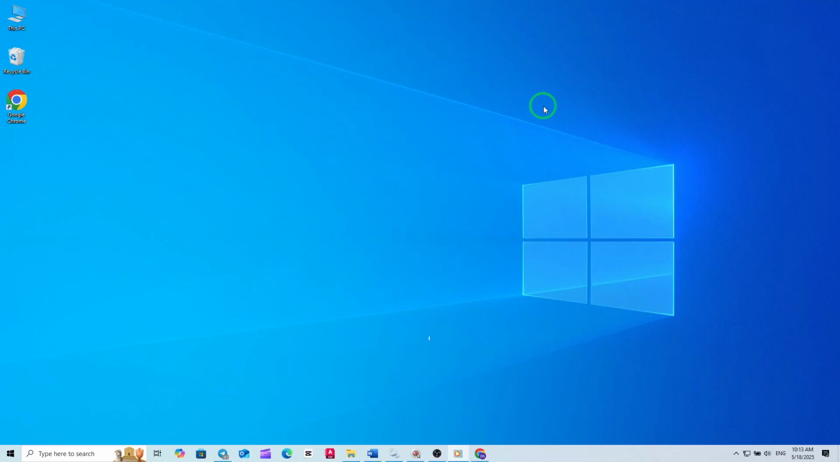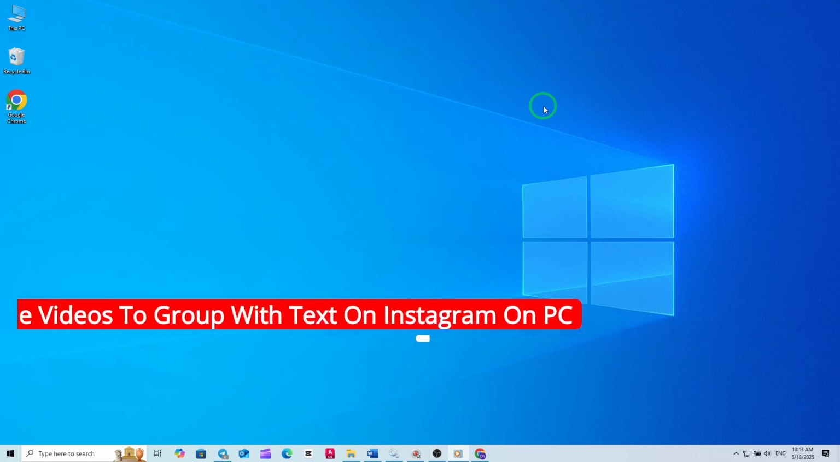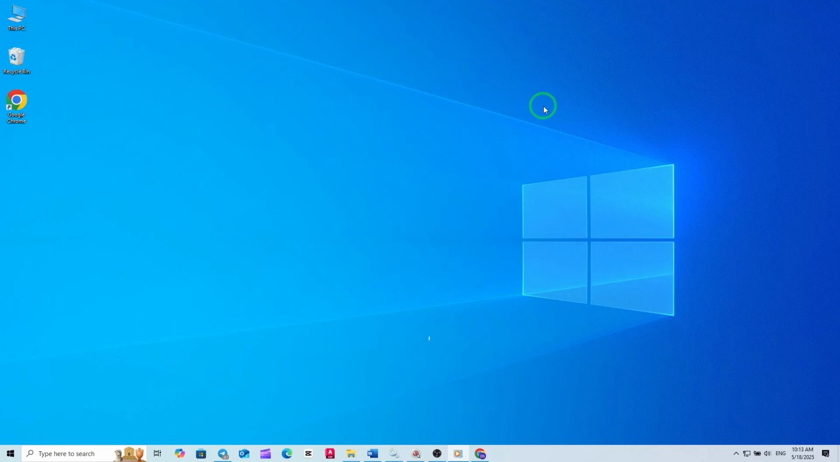Welcome. If you've ever wanted to send multiple videos to a group chat on Instagram from your PC, you're in the right place. With Instagram's latest update, sharing several videos at once along with your message has never been easier. Today, I'm going to walk you through each step so you can start sharing your favorite moments with your friends,